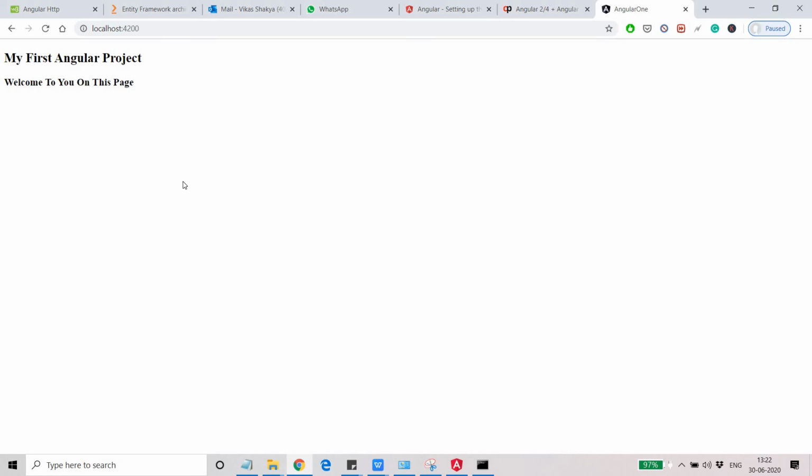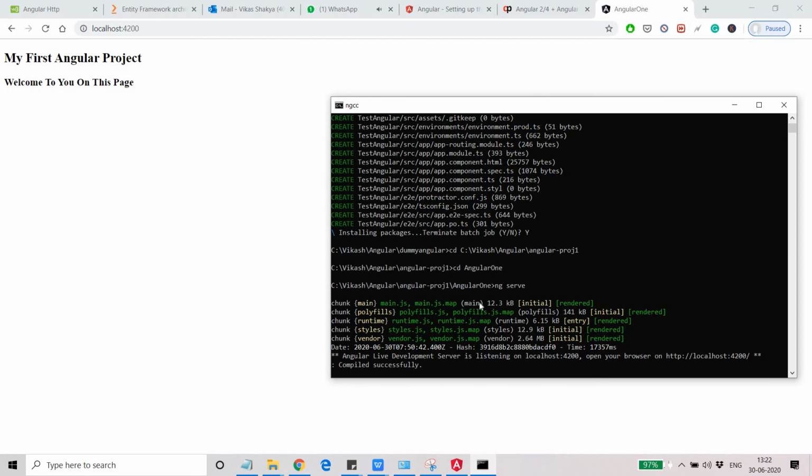So in the next video I will tell you how you can open your project in one of the IDEs. As of now I have just created this project using the command ng, but to edit the code you must use some IDE. So I have used this IDE.